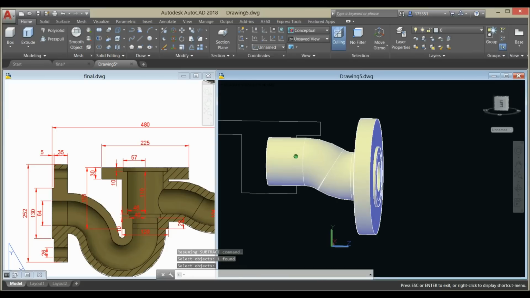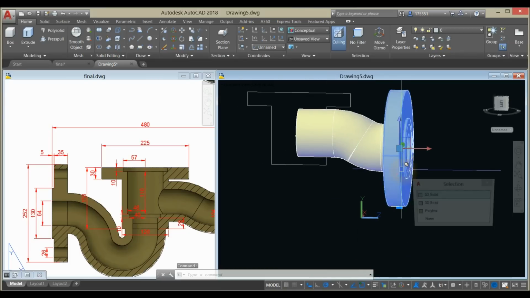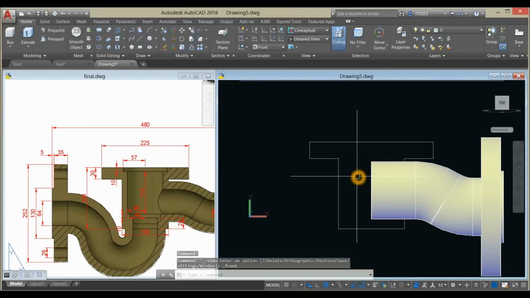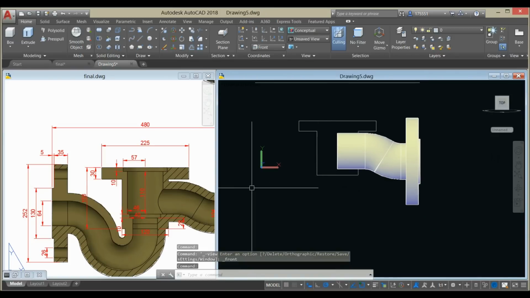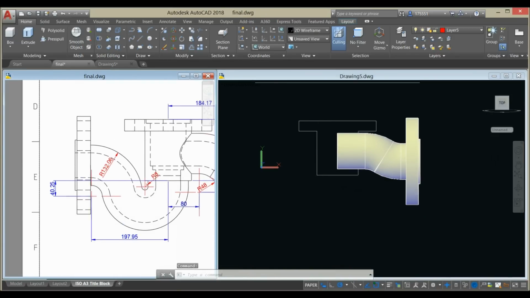Alright. But before we proceed, go down to the status bar and make sure to turn on the dynamic input, polar tracking, object snap tracking, object snap, and selection cycling. Now I'm gonna mirror this one. So bring your object to front view. Oh, first I'm gonna create the arcs here. So to locate this one here,